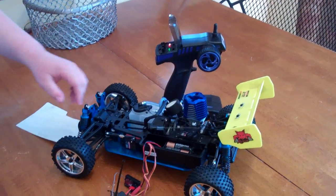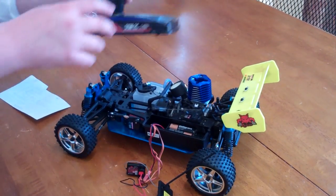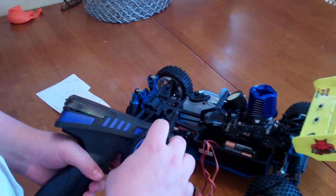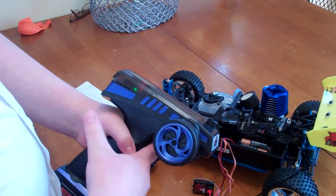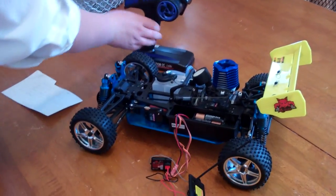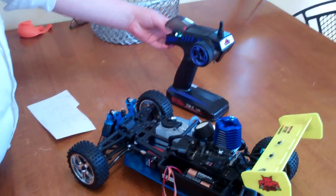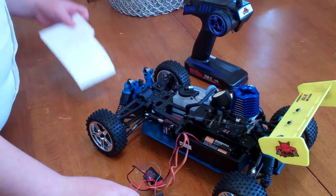and then turn on the car, and as you can see we have no control, so we gotta bind. So turn off the remote control, turn off the car, and